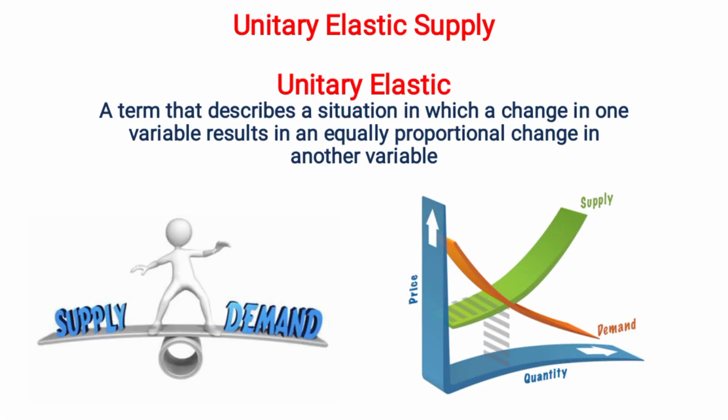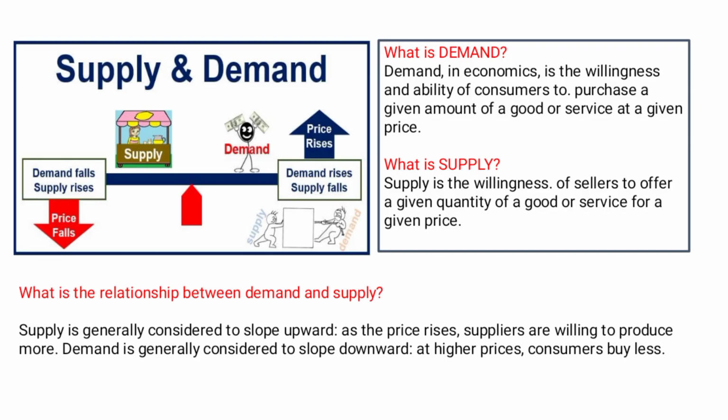My topic for today's presentation is unitary elastic supply. What does unitary elasticity mean? A term that describes a situation in which a change in one variable results in an equally proportional change in another variable. When we talk about elasticity, it is important that we know the meaning of demand and the meaning